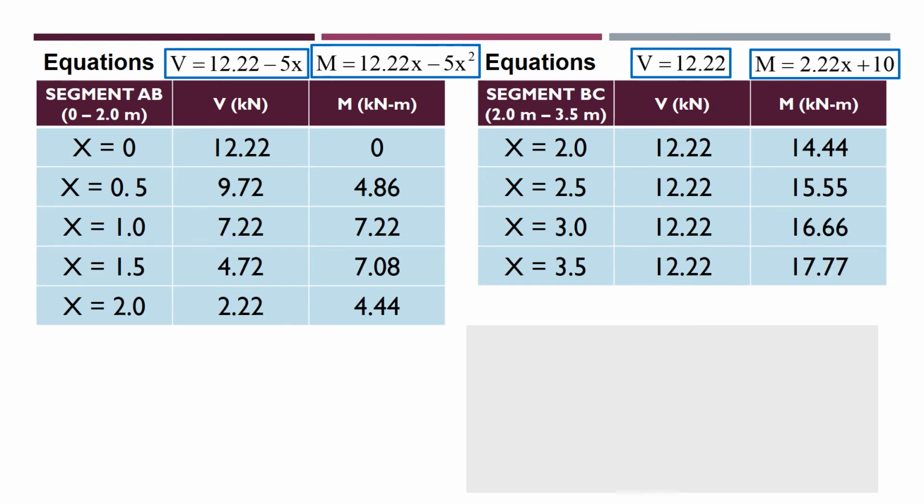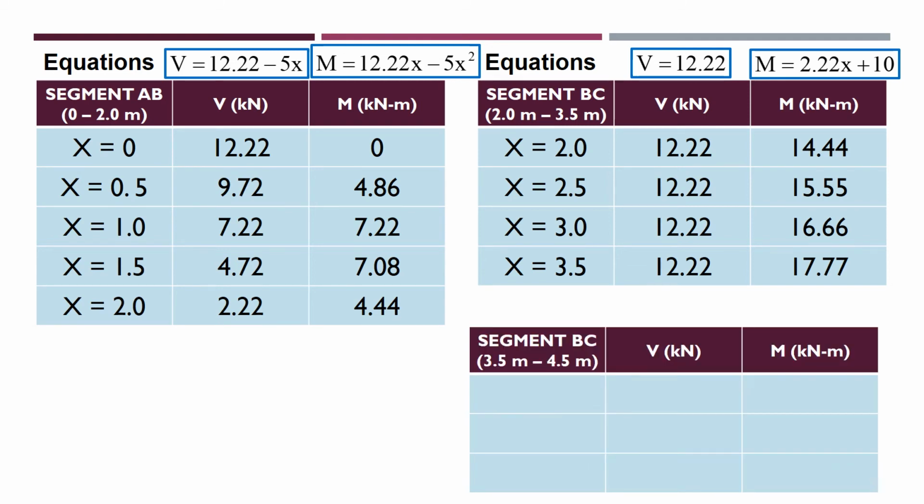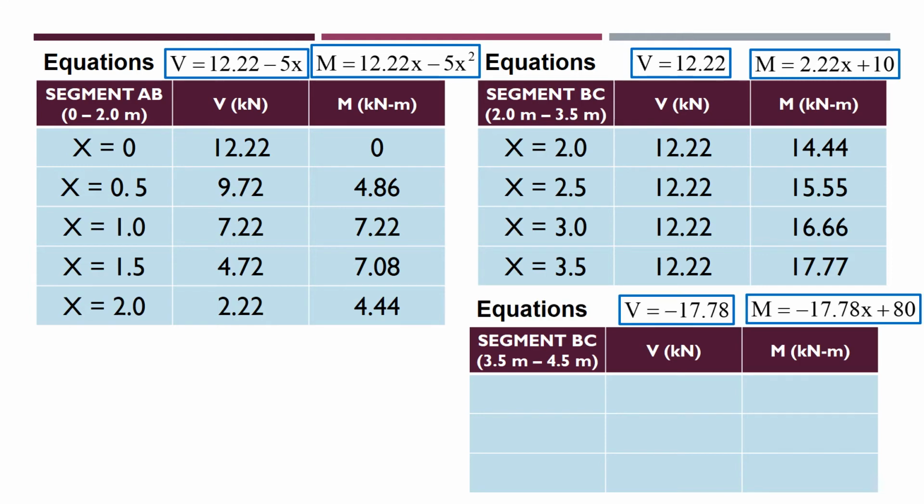So again, since dito sa shear equation natin, walang variable x, para mag-substitute tayo ng x distance, the shear values are the same at these points in segment BC na may distance na x equals 2.0 or 2.5, etc. While for the moment, since may x variable tayo dito, so pwede tayo mag-substitute ng values na ito for this corresponding moment values. And for segment CD, so ganun din,